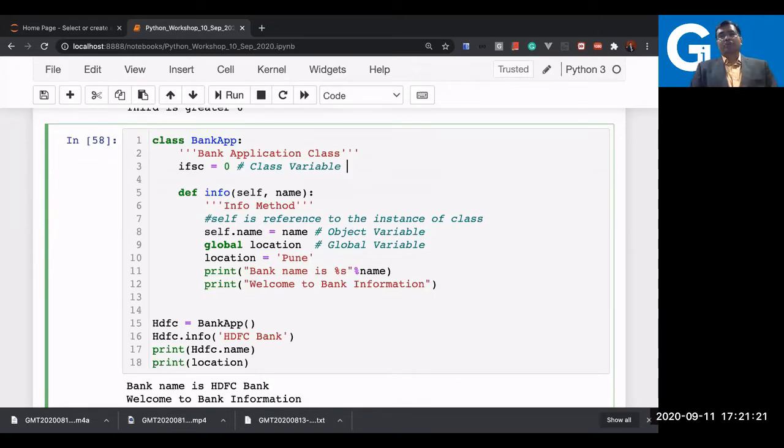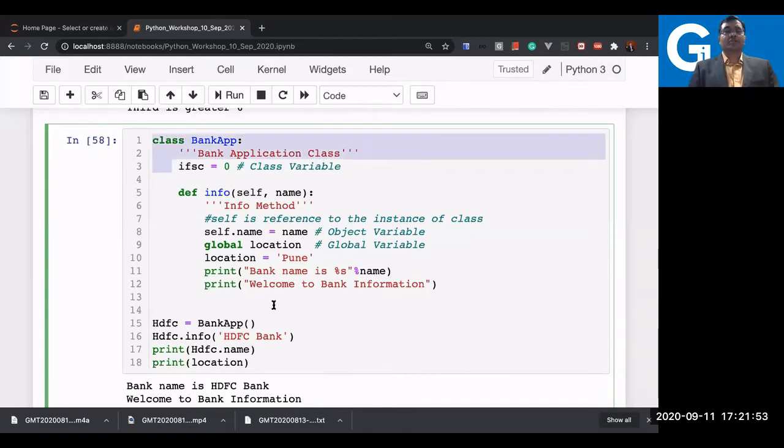But again, we should not write all variables as class variables. Only those variables which you would like to share with all the methods, and which should be unique. It's like a static variable in some other languages, like in Java you have a static variable. The same way here there is a class variable. Now how do we use it? I'll be using this class variable in the constructor method itself. Right now I did not write any constructor method, but there I'll be using it, and we will see how you can use a class variable in your application development.